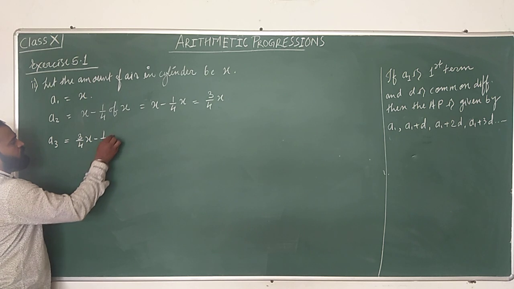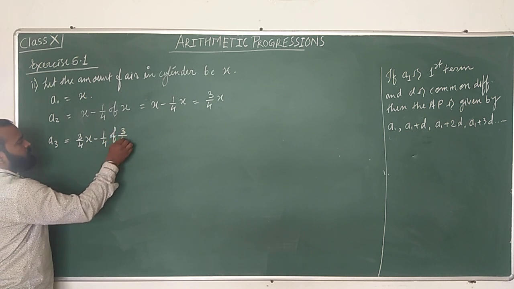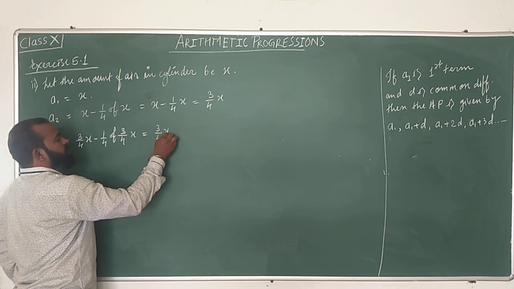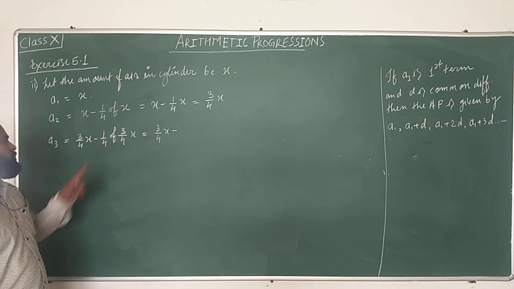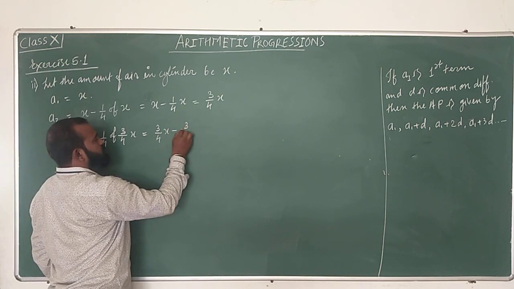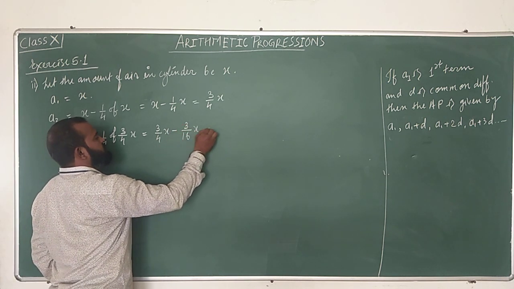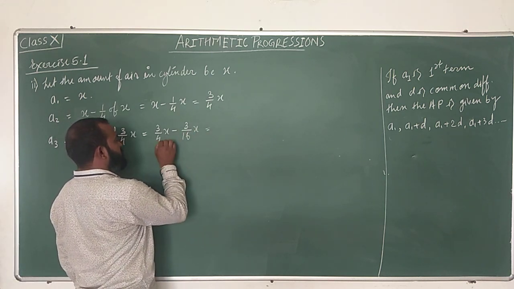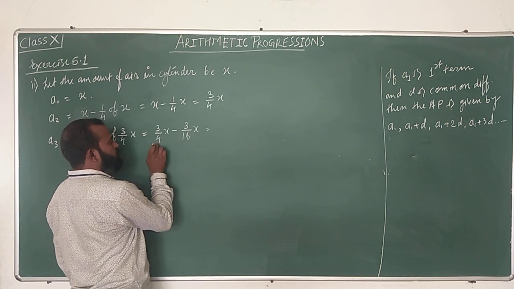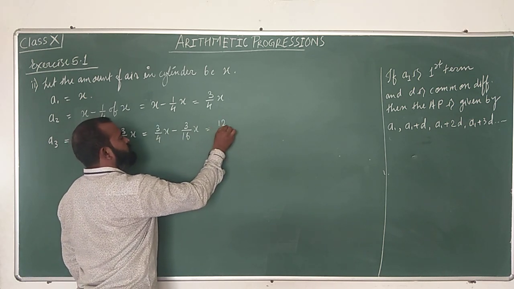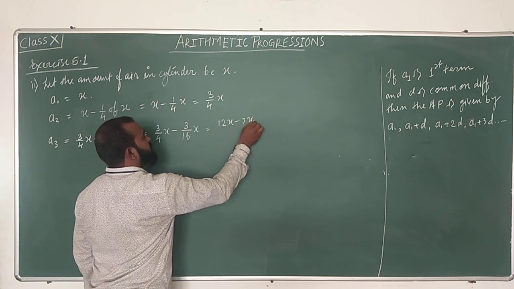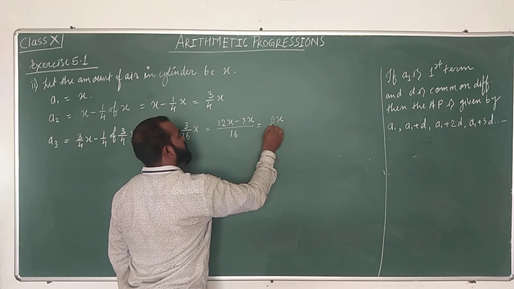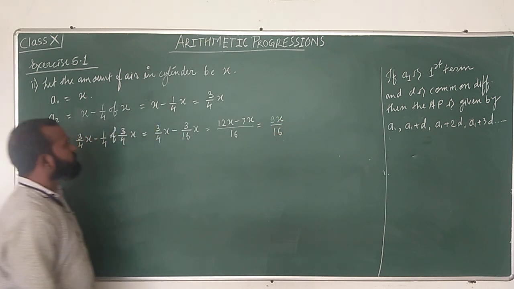So 1/4 of 3/4 of x, that is 3/4 of x minus, इसको सॉल्व करो क्या आएगा ये 3/16x. Let us solve, यहाँ क्या हो जाएगा 4 4 16, डिनोमिनेटर सेम रहोगे तो क्या होगा 4 4 16, 3 4 12, so 12x minus 3x upon 16, 12 minus 3 is 9x upon 16. So you have three terms now,